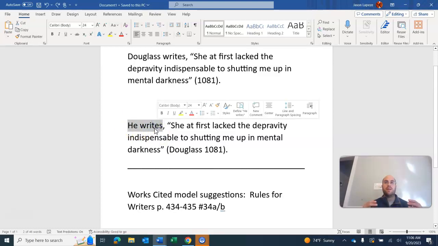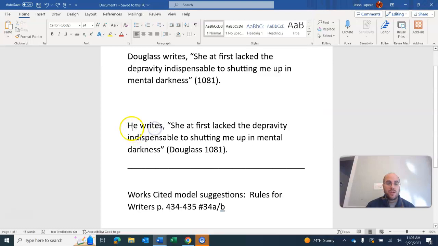The only sort of wrinkle is if you decide not to put the author's name in the sentence. Let's just say, for example, you've been using Frederick Douglass's name, like, you've used it 3 or 4 times in a paragraph, and you think your sentences are going to start to sound redundant and blocky, chunky if you write his name again. So you might say something like, he writes, comma, and then provide your quotation. And so if your author's name is not in the sentence, all you do is simply place it with the page number in the parenthetical citation, in the parentheses. So here, because we don't have Douglass in the sentence like we do above, we put Douglass inside the parentheses. There's a space and then the page number with a period at the end.